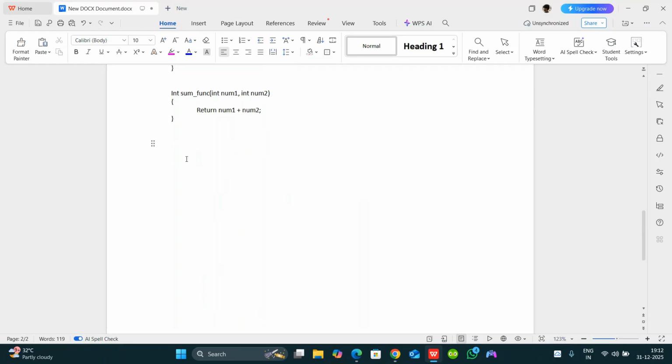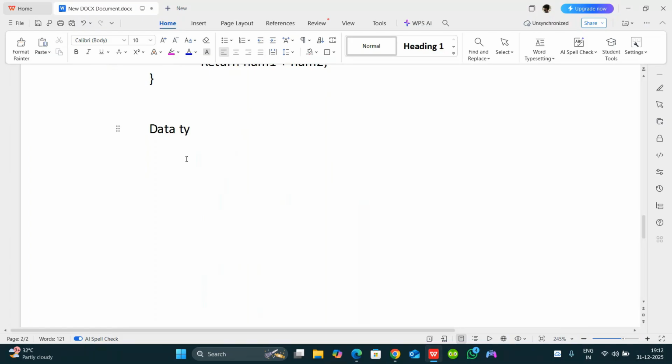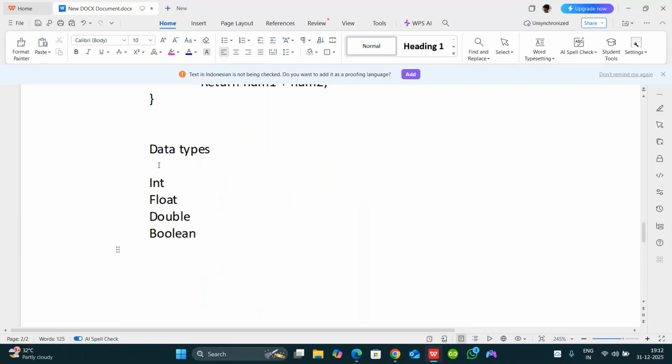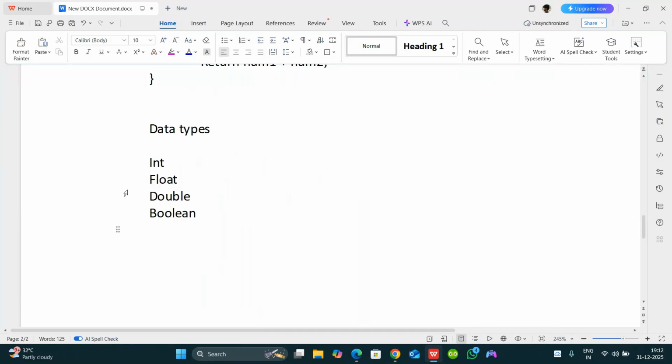So let's start. First thing, we have some data types. I hope it's visible. Data types: we have int, float, double. You don't need to consider the spelling and all, because this one is pseudo. I'm just writing it for your reference. Capital letters won't come here, okay? If you put a capital letter, it will become an object type. We will go in depth on that later. In this part we are not going to discuss those things, so I'm just writing the pseudo code. Then you have character, string. Maybe for now this is enough. So for integer,